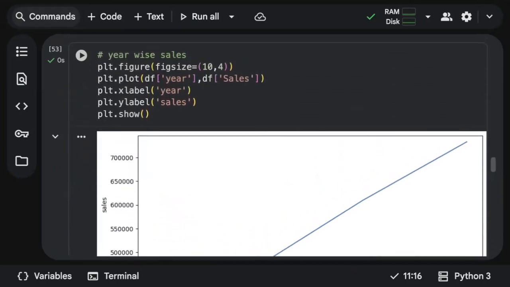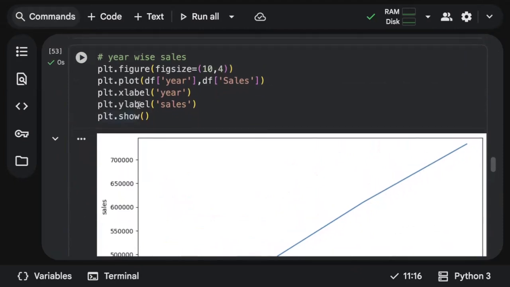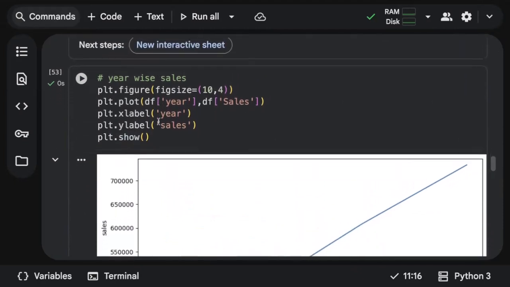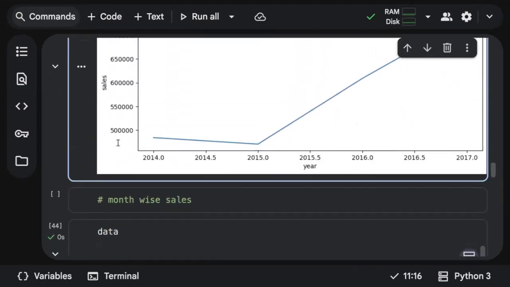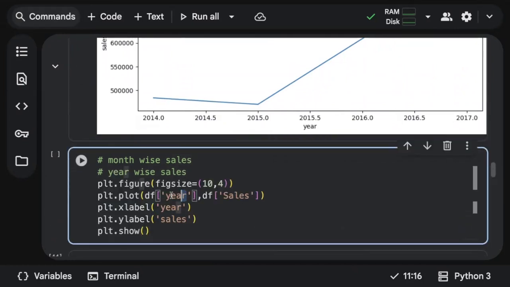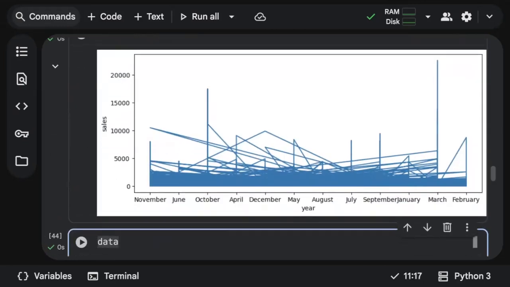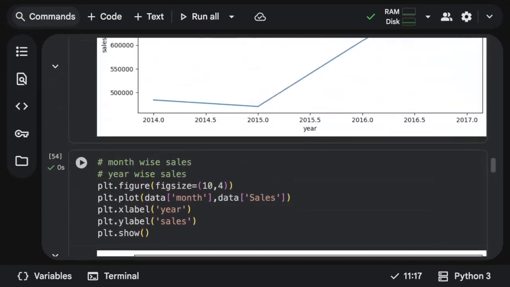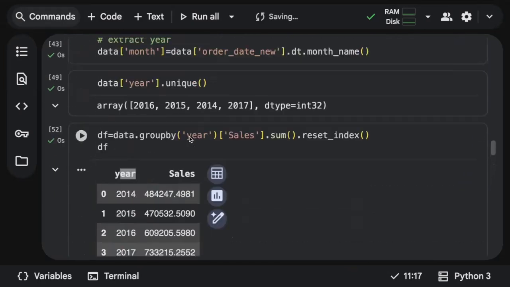So this is how the line chart should be plotted. Same thing with respect to a month. Let's see what happens. I'll use the same code, I'll just use month, but instead of df, let's try with data and see how the graph would be. See again, what do you have to do? Again, you have to use a group by.